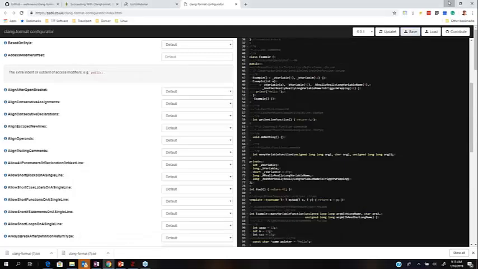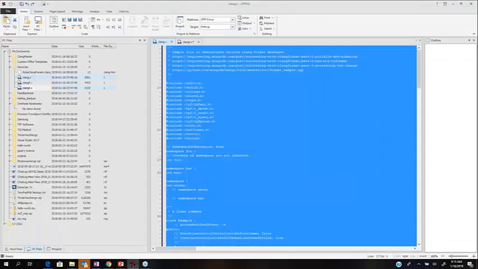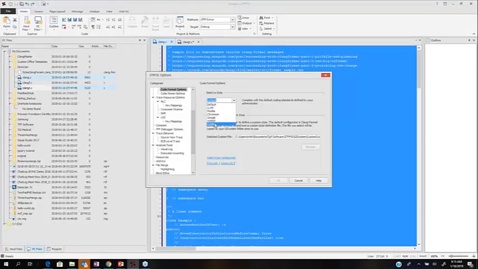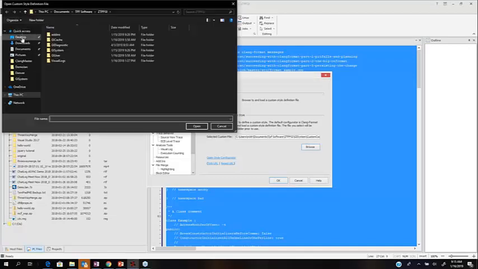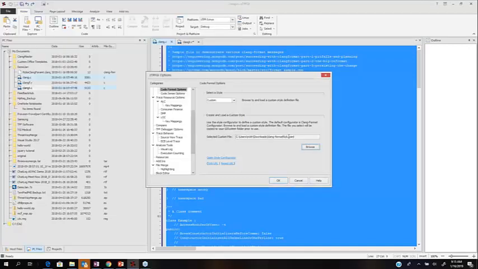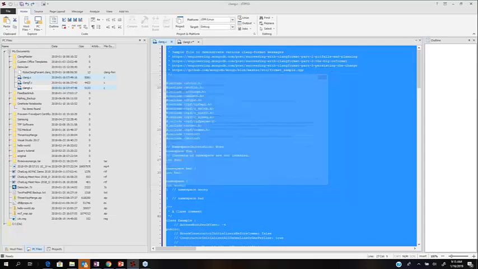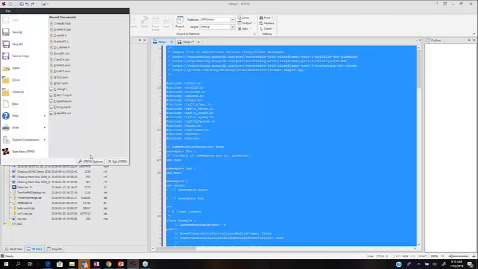Now we can go back to GI, and again at those options, we want to use our custom format, and we browse to where we saved it. You see it's put the path in here. We say OK. Now, if you go back and look at it one more time,